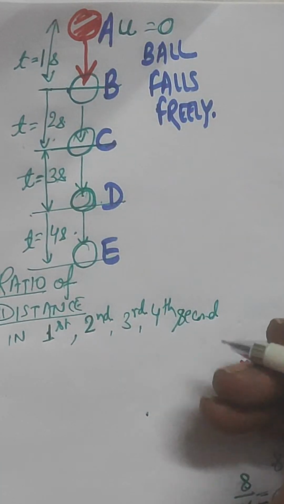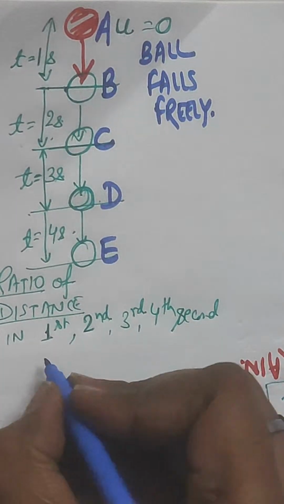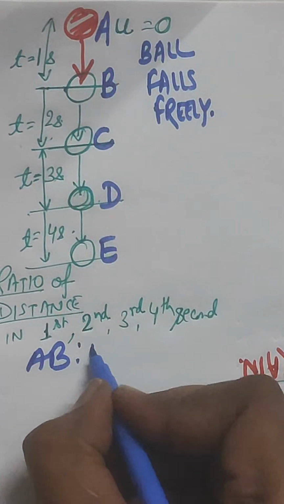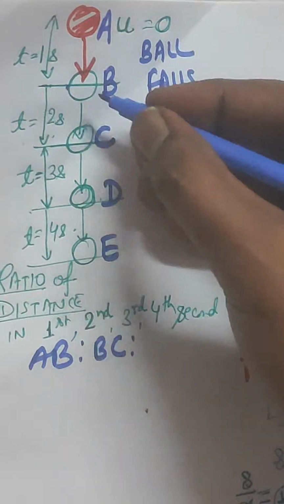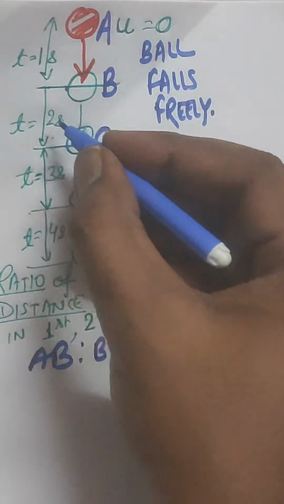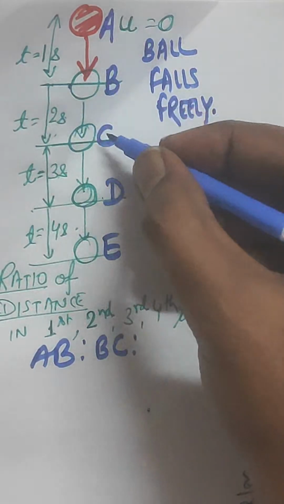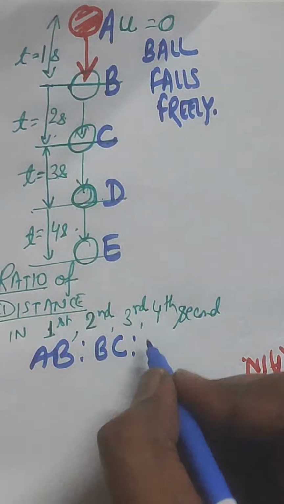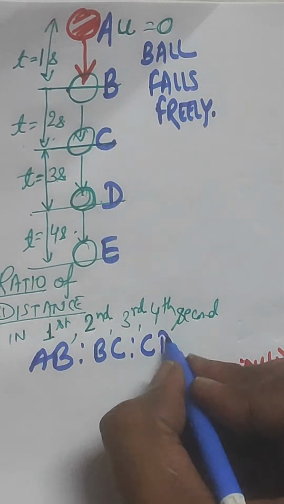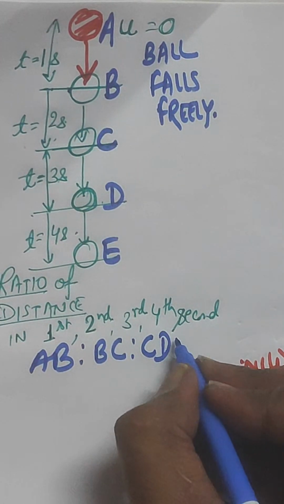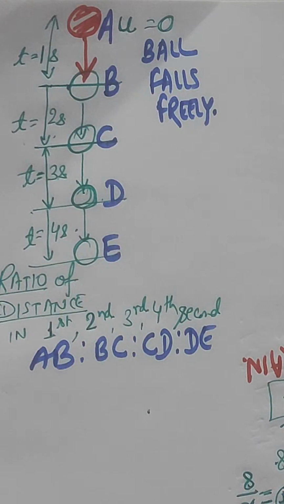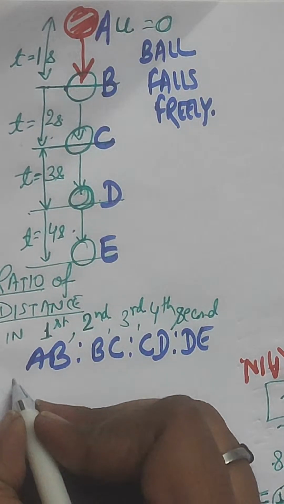That means it is being asked what is the ratio of AB to BC, the distance traveled in the next 1 second. After that C to D will take another second, that's why 3 seconds minus 2 seconds will be 1 second. So in the third second it will travel CD, and in the fourth second it will travel DE. This is being asked to you, and the options given to you are either